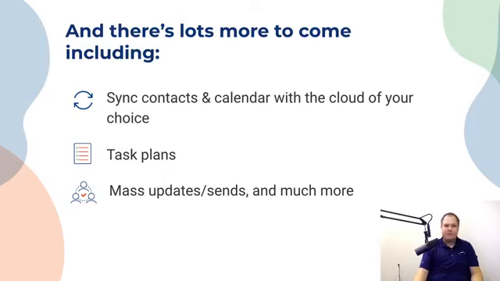Plans. This is a big one. We hear it from you. Action plans, task plans, whatever you want to call it, plans in general. We do have some features coming around that. And then another one, the ability to mass update, mass send, and just mass select in TPX. That is coming soon as well. So this is on the short-term list. You'll be seeing these features roll out over the next little while, on top of email signature.